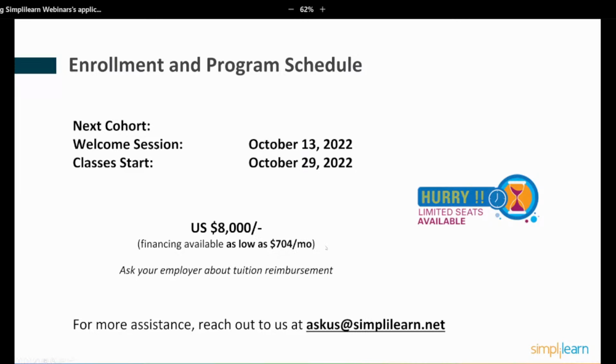That's zero interest financing. As Mike mentioned, many employers offer tuition reimbursement. If this is something that applies to your current position or something that will help you move up within your employer company, you can ask your employer about their policies on tuition reimbursement, whether they will pay for the course or whether they will reimburse you for the course once you've completed it.